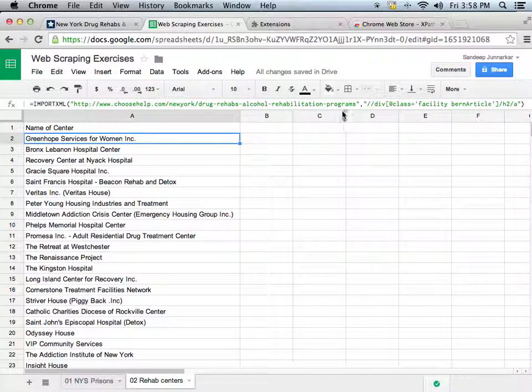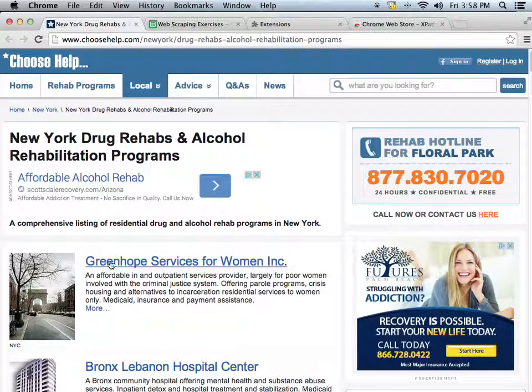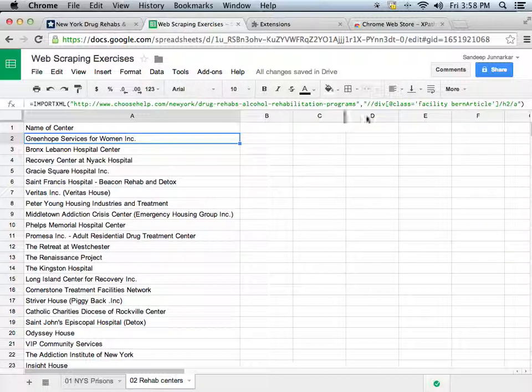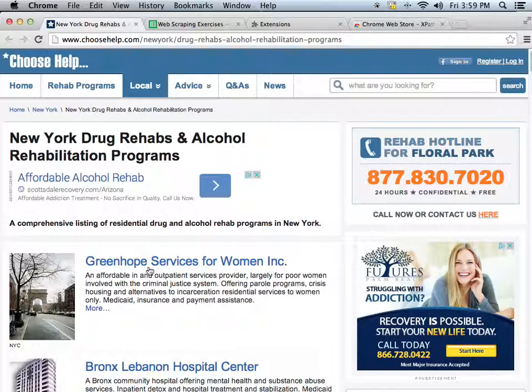In the previous demo, I showed you how to scrape all the drug and alcohol rehab centers on this page using xpath, and I manually entered the xpath that took you right to this piece of information. After doing that, you may still feel a little uncomfortable with xpath. How exactly do you pull that out of all the different div tags and information that you can see when